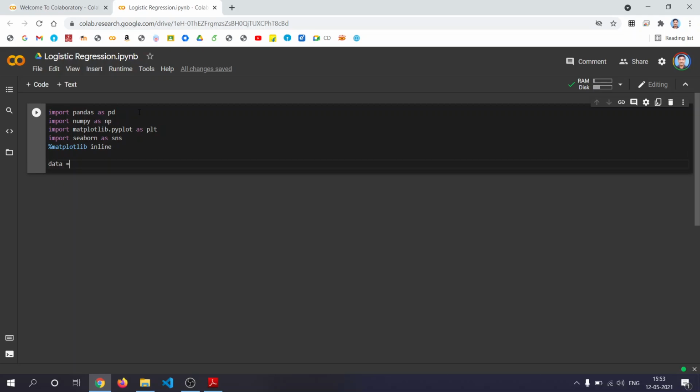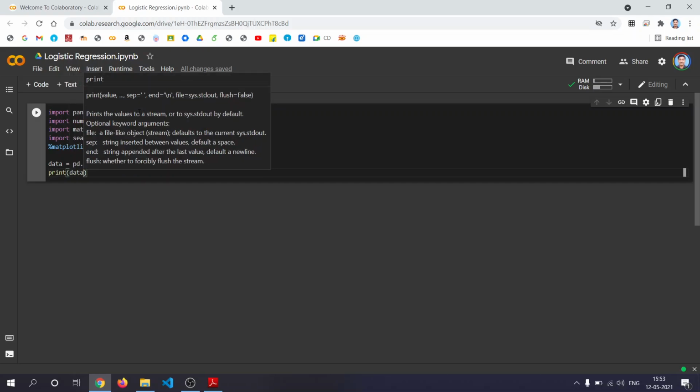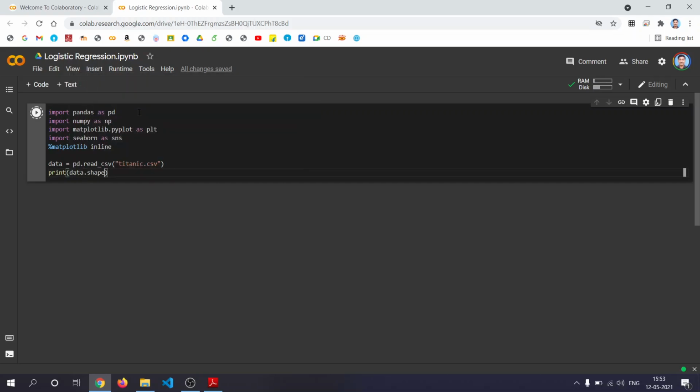Now you open the data: data equal to pd.read_csv titanic.csv. Let's see what is the number of rows in the data, data.shape. Okay, so it contains 891 rows and 12 columns.